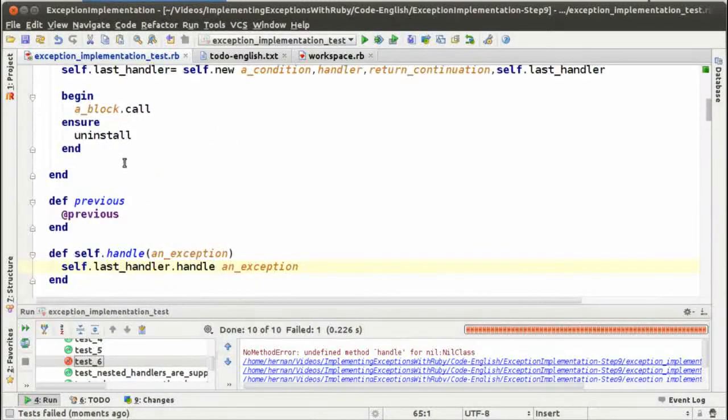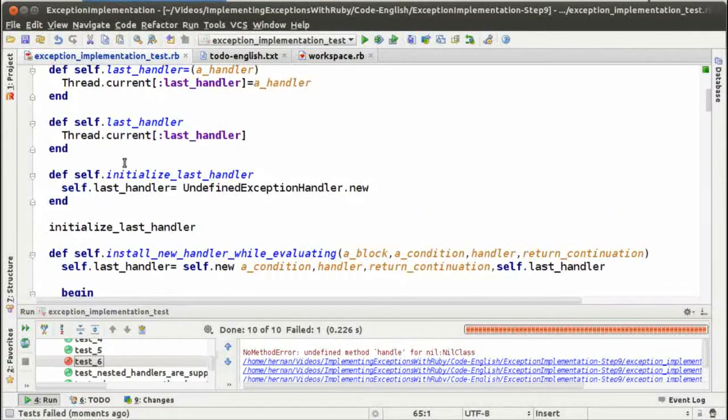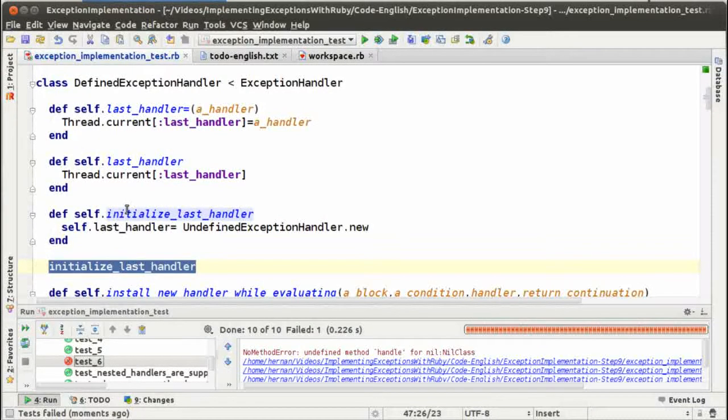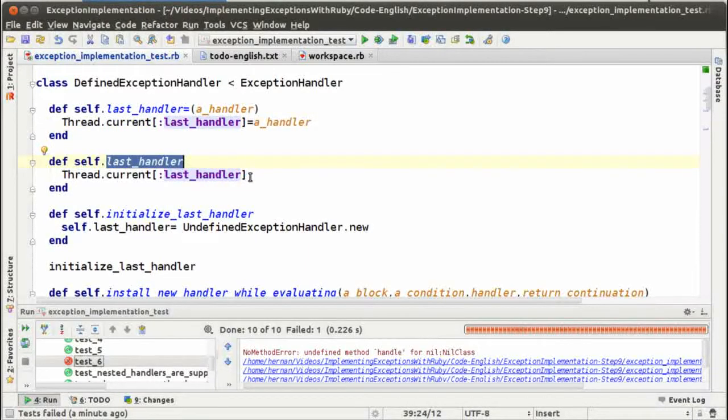And that is because I think we have another error. And yes, that's something that we didn't realize when we changed the code to be thread safe: we are initializing the last handler only once, and now we have to do that per thread. So when somebody asks us for the last handler, let's return the last handler,